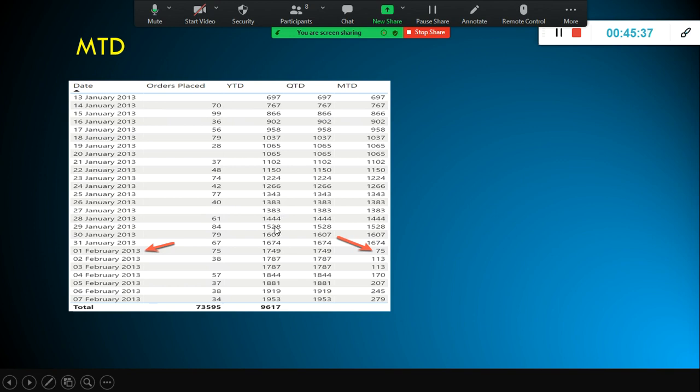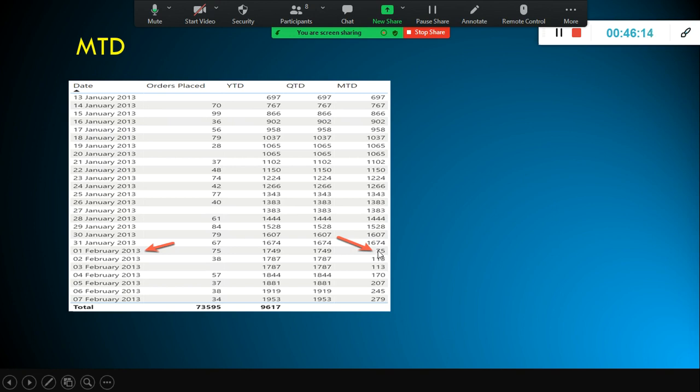Look here, 1383 plus 61, 1444, quarter to date. But in the case of year to date, every year the year to date value will get reset. In the case of month to date, every month this value will get reset. Look here, up to 31st January 1674. But afterwards, next month, in the case of month to date, we are simply considering this value here.